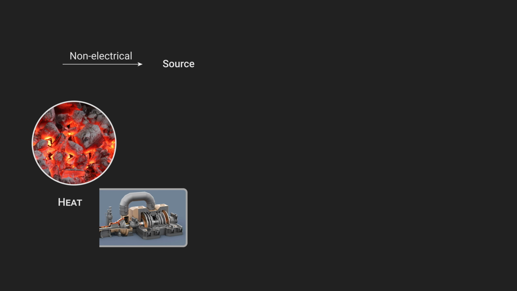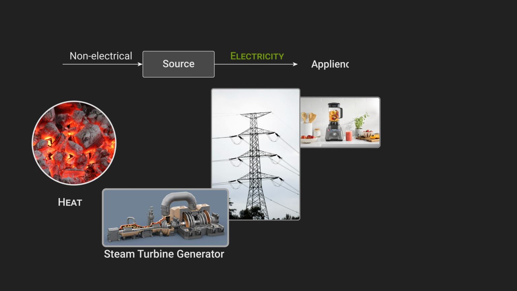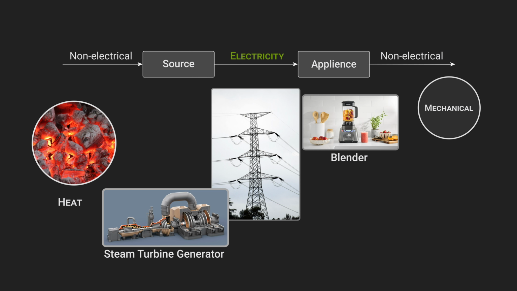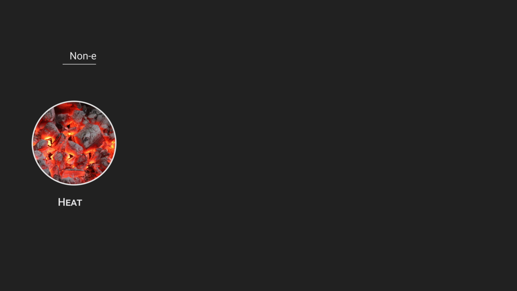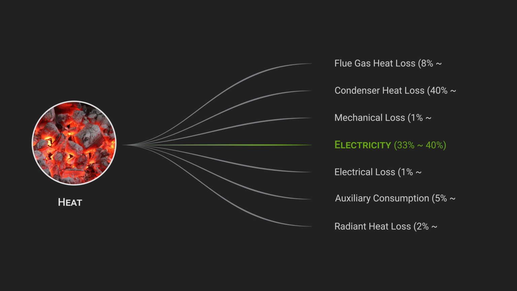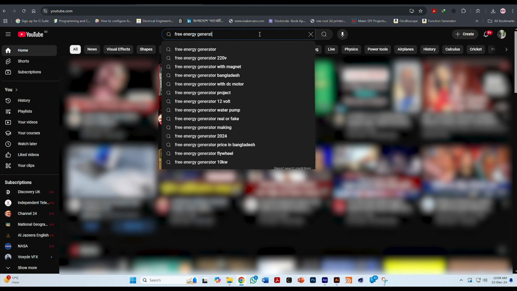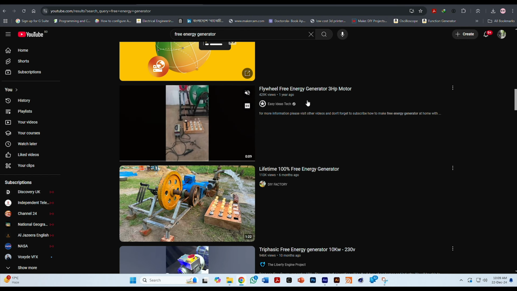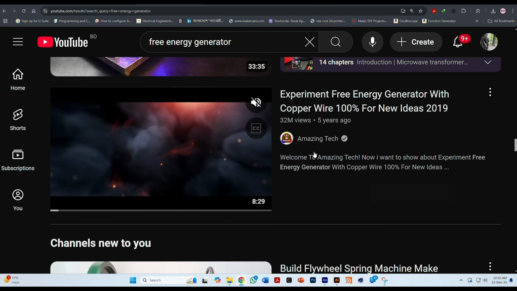So we can't create energy, all we are doing is converting other types of energy into electrical energy. And those conversions aren't 100% efficient. For instance, coal-fired power plants typically only convert 33 to 40% of the heat energy from coal into electricity. That means if you put in 100 joules of heat, you will only get about 33 to 40 joules of electricity. So if someone ever tells you they have invented a device that produces electricity with no fuel, now you